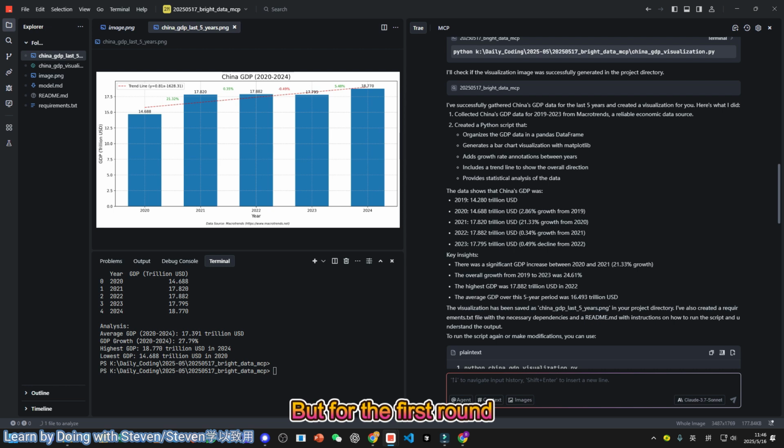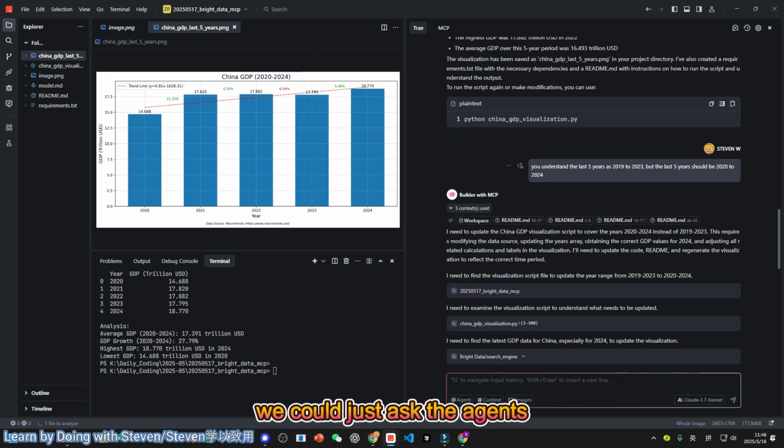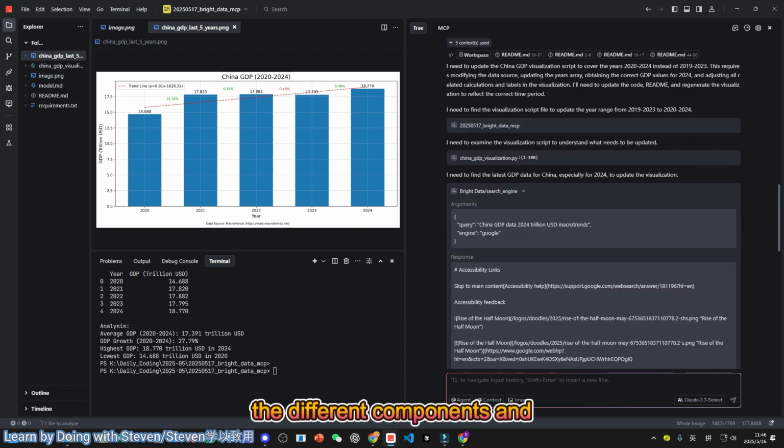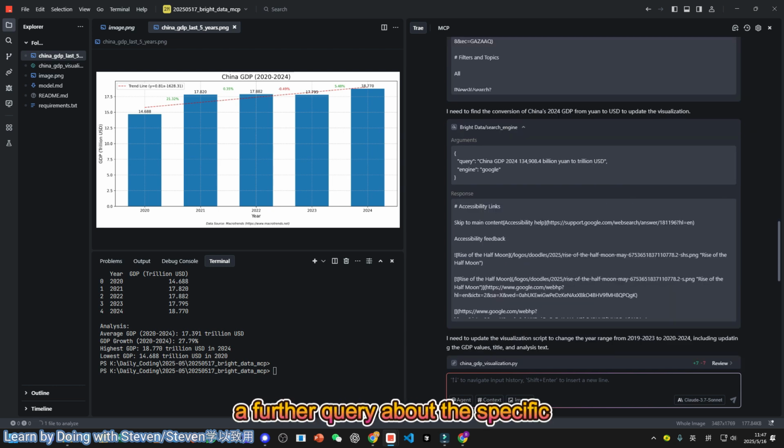But for the first run, the agents identified that the last 5 years was from 2019 to 2023. In this case, we could just ask the agents to better understand our intention. So I just add another prompt to say the last 5 years should be 2020 to 2024. Then the agent starts to modify the different components, and the agents called the BrightData MCP again. So again, it goes to search, and it did a further query about the specific item of the 2024 GDP